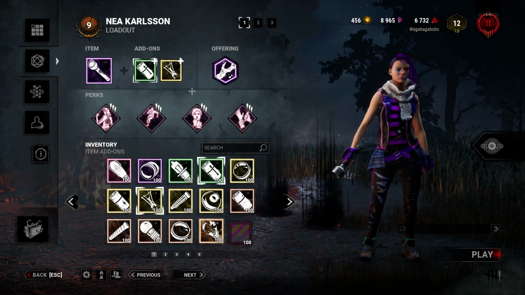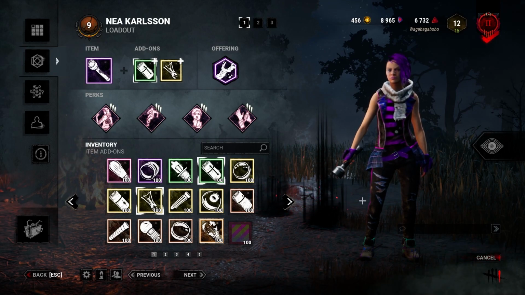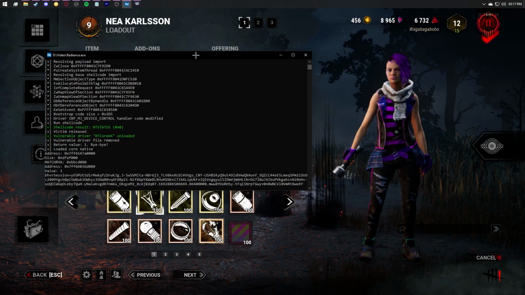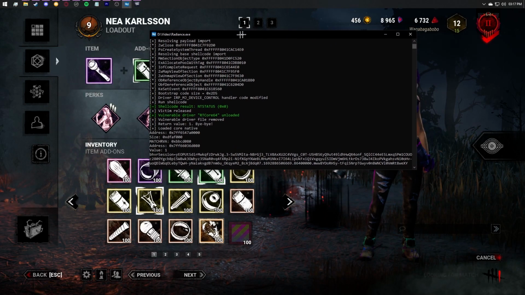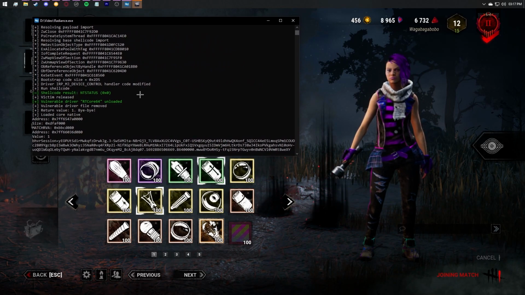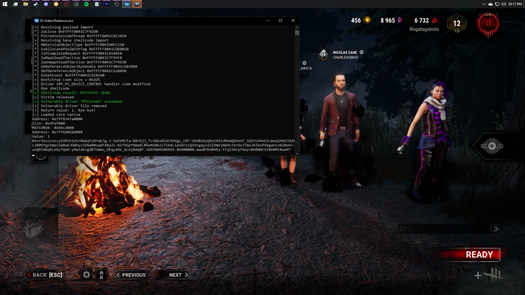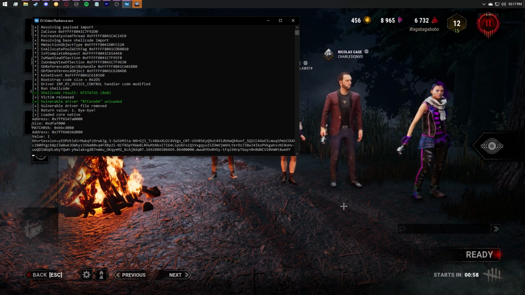Now just to demonstrate that the killer revealer is working, I will go into a lobby, but not actually play. So while we're looking for a match, I will bring up the console. And once it loads into the game, you will see that the console gets cleared, and it will just say in the top left what our killer for this match is. You'll see a little toast down here. So once it loads,